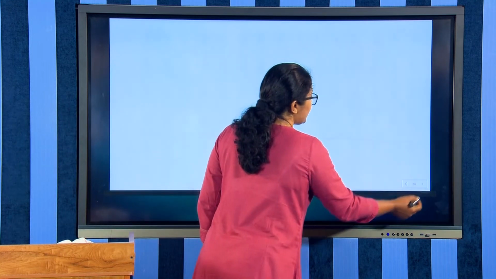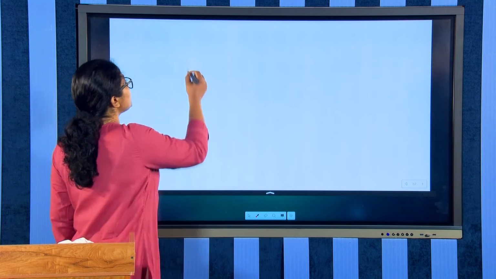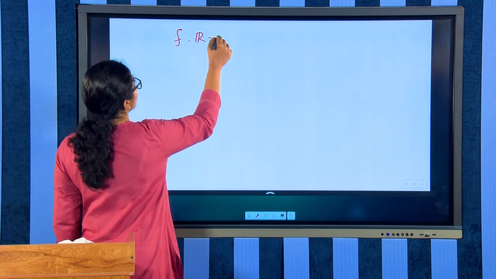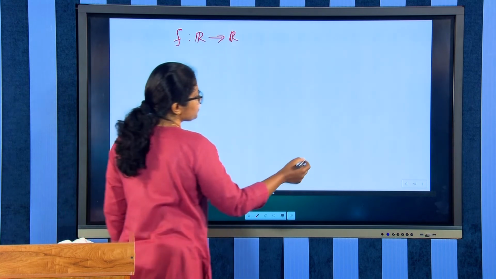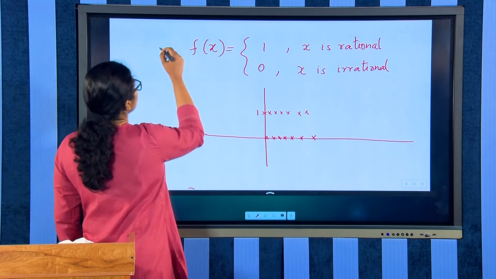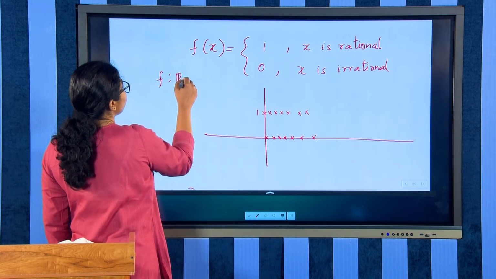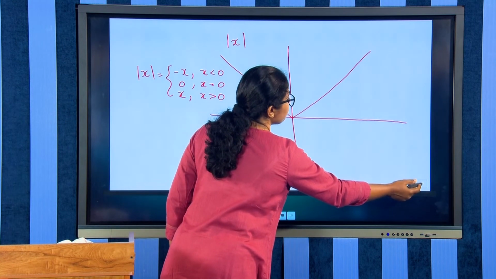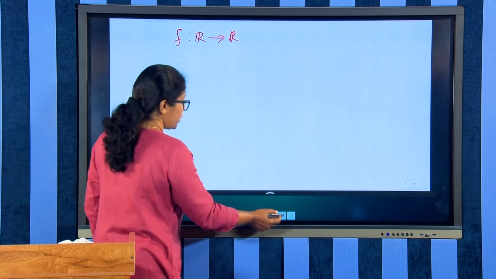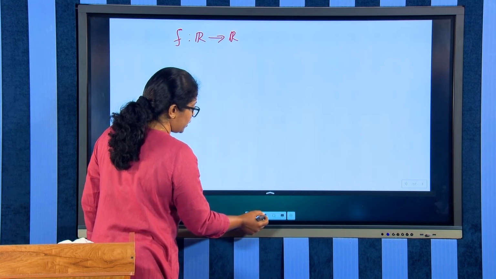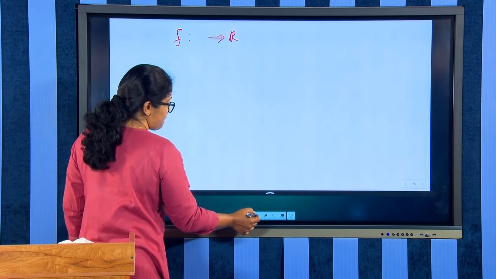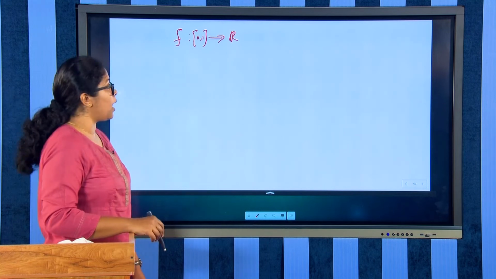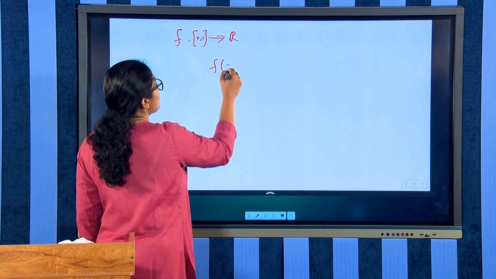And the next example is the Thomae function. Thomae function is like this. f is a function again defined from R to R. So, here also f is a function which is defined from the closed interval [0,1] to R, where f of x takes the value